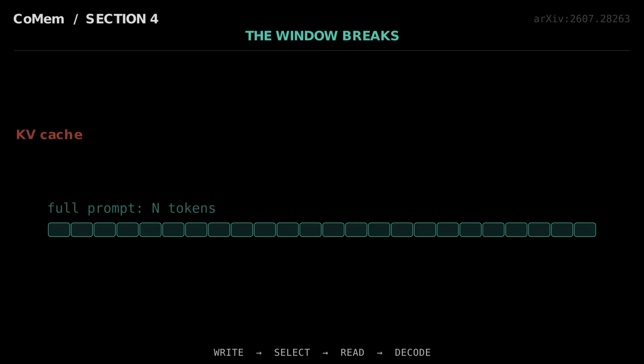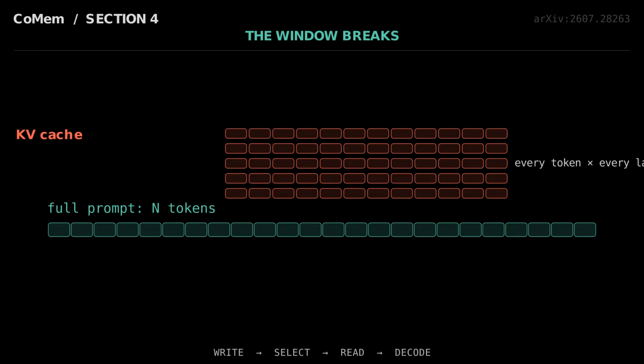A long context model can remember more text only by paying for every token again. The full key value cache grows with every layer, and once the prompt crosses the native rotary window, the exact system can simply stop finding the fact. The paradox is that more memory creates less usable context.